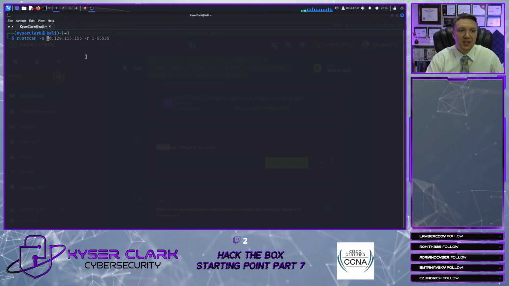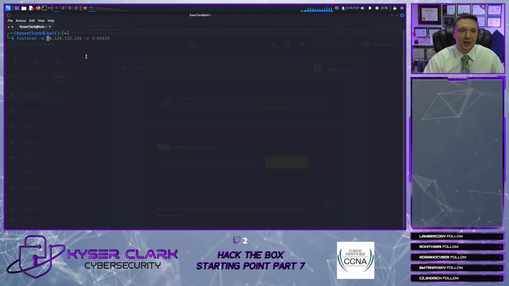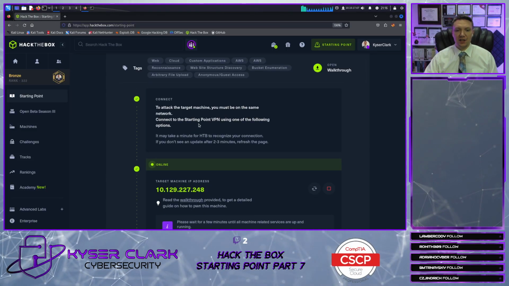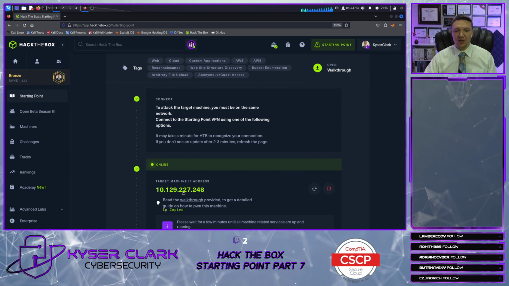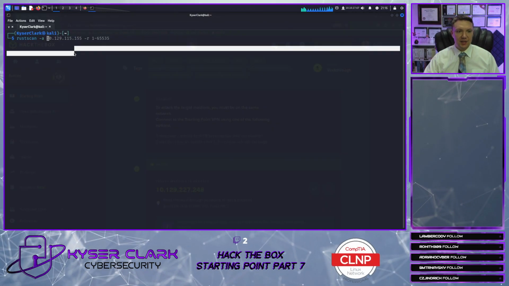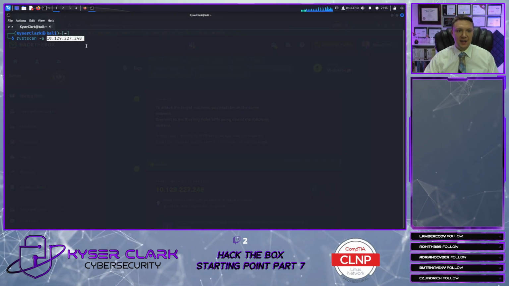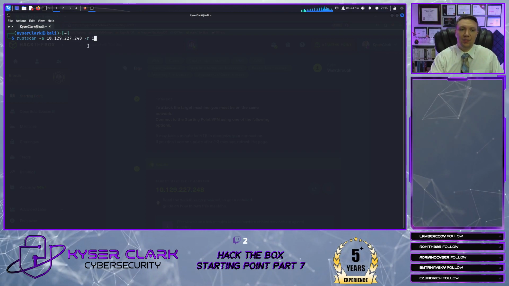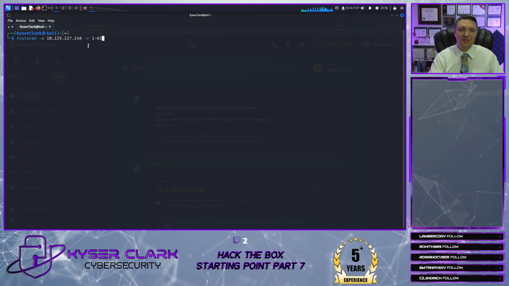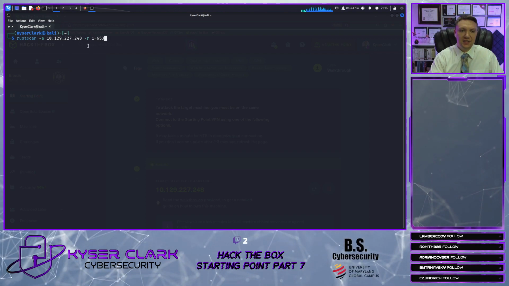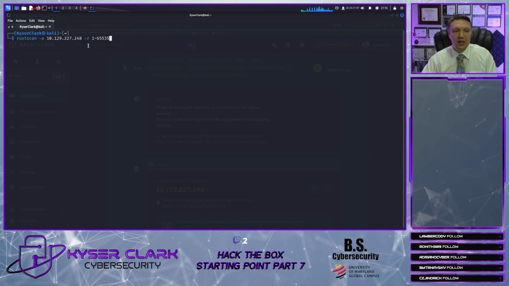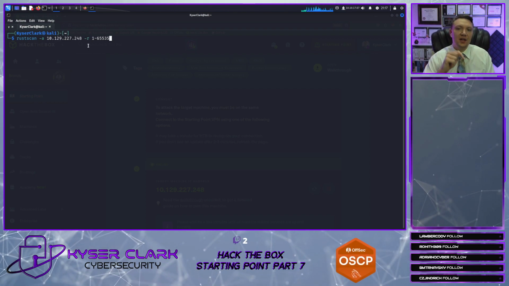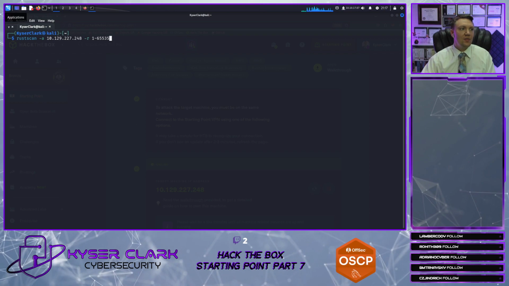So the command is rustscan -a, and then the IP address. So to get our IP address, we just gotta click the IP address right here in our HackTheBox dashboard, and then we can paste that in here. And then we're going to do -r for range, and we're going to scan port 1 through 65,535. And just to let you know, Rust scan, it isn't installed on Kali Linux by default, but,